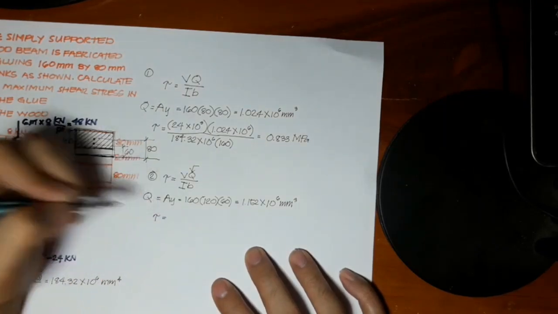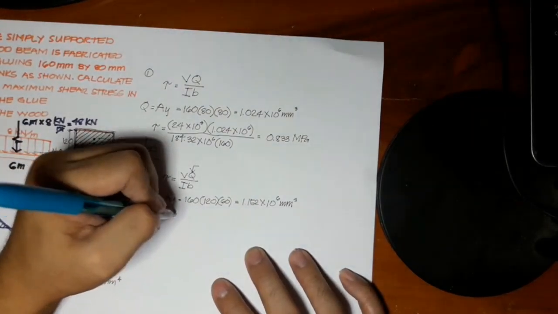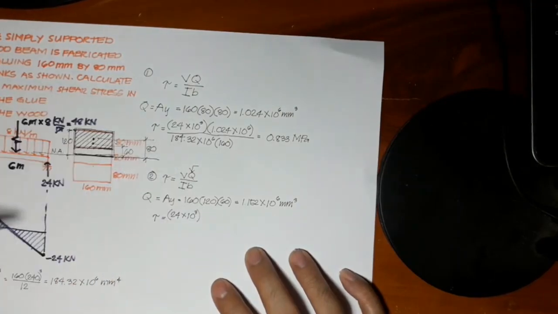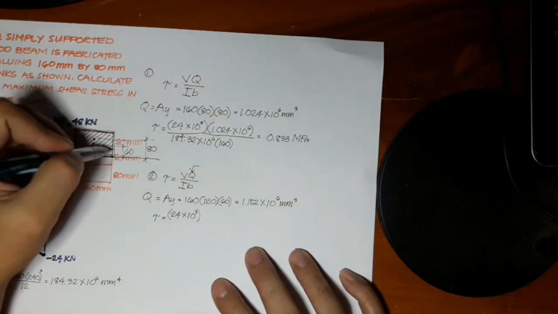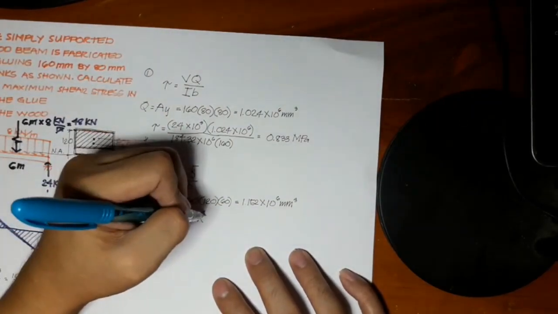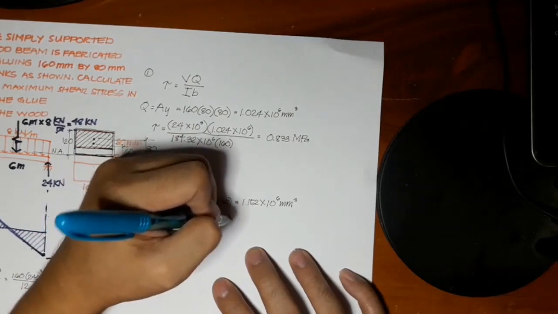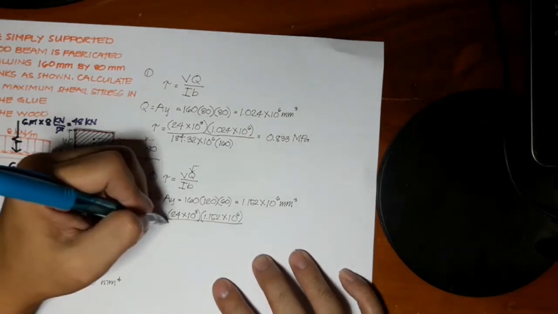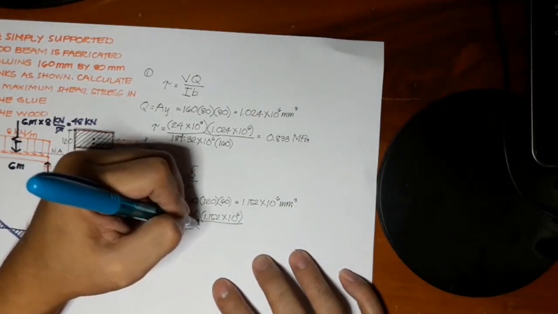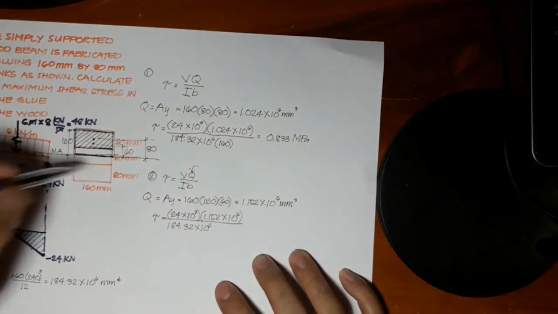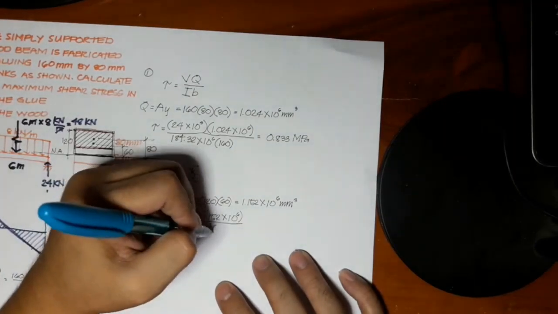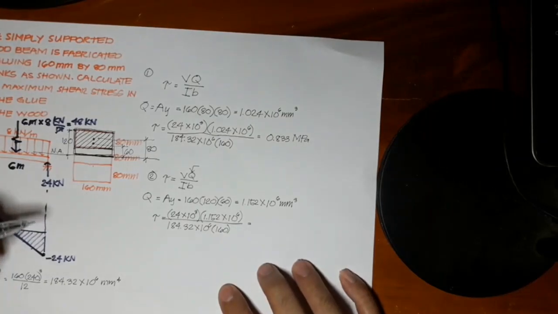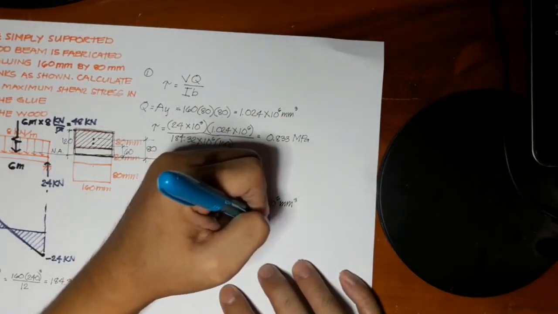So tau is equal to V. We still use the maximum shear, which is 24, and we convert this to Newton, so 24 times 10 to the 3rd power, multiplied by the Q of this, 1.152 times 10 to the 6th power, over I. We still use the I of the entire section, so that will be 184.32 times 10 to the 6th power times B. This is your B, 160. And you get the answer, 0.938